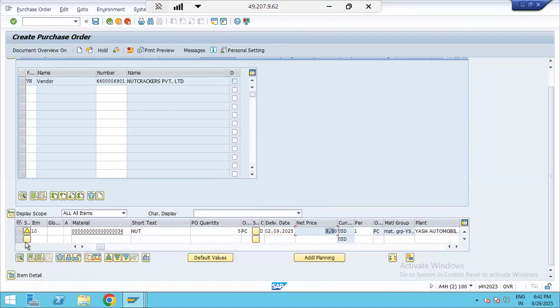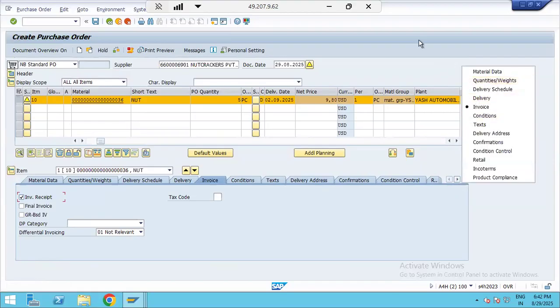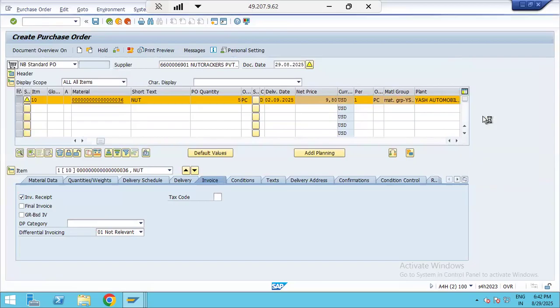Now let's see the item details. Where is the item details here actually? Down in the left corner. Yeah, here it is, the item detail. So if we go here to the conditions tab,